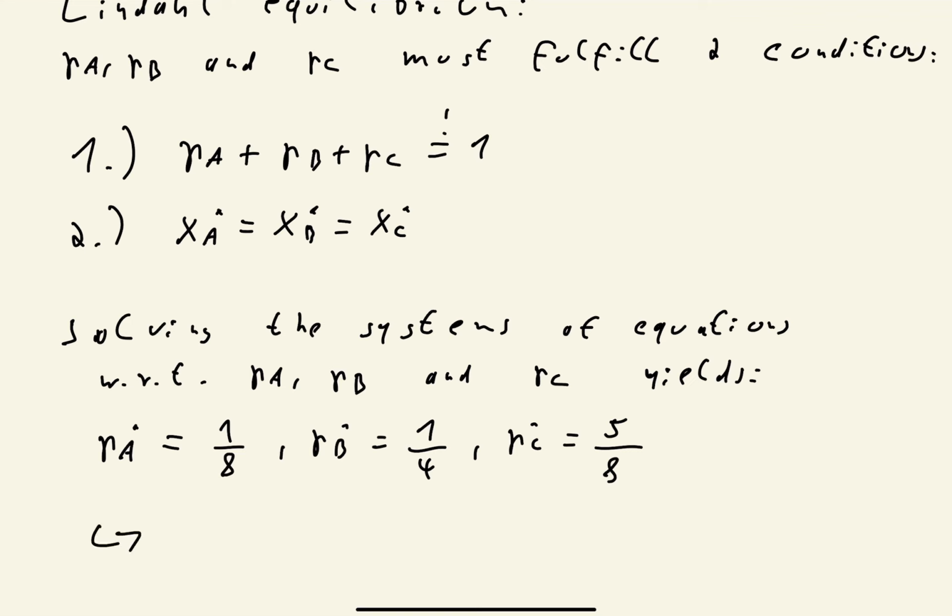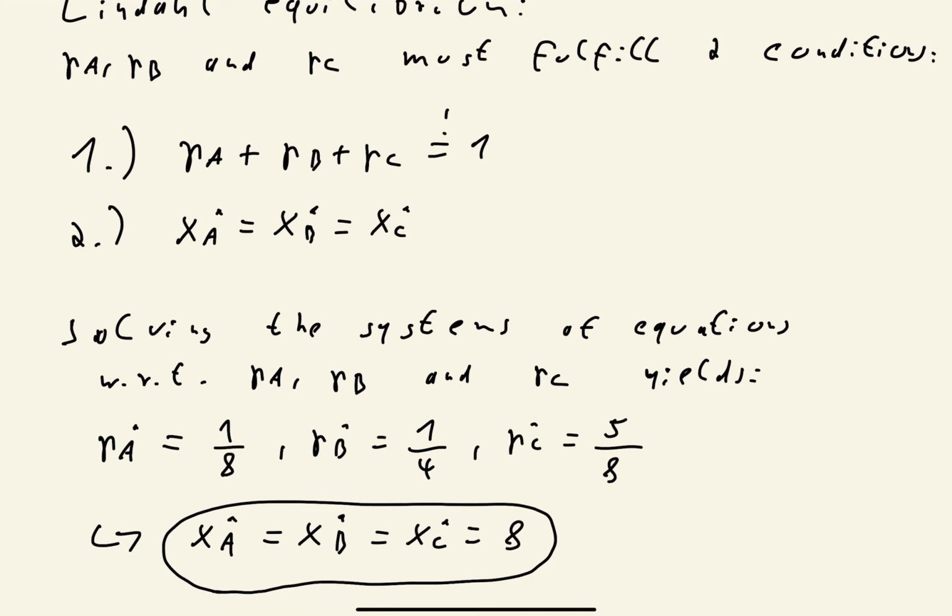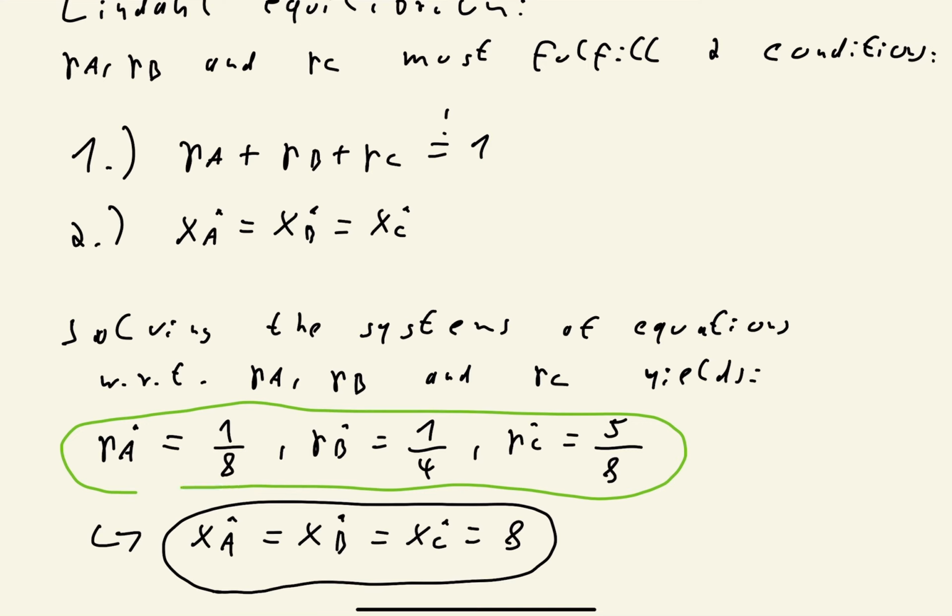And a consequence of this is then that xA star is equal to xB star, which is equal to xC star, and this is equal to 8. So as you can see, the total amount of the public good that we are providing in the Lindahl equilibrium is equal to 8, and the individuals will pay different individual prices for consuming an amount 8 of the public good, but the prices will be higher the higher the marginal utility of the